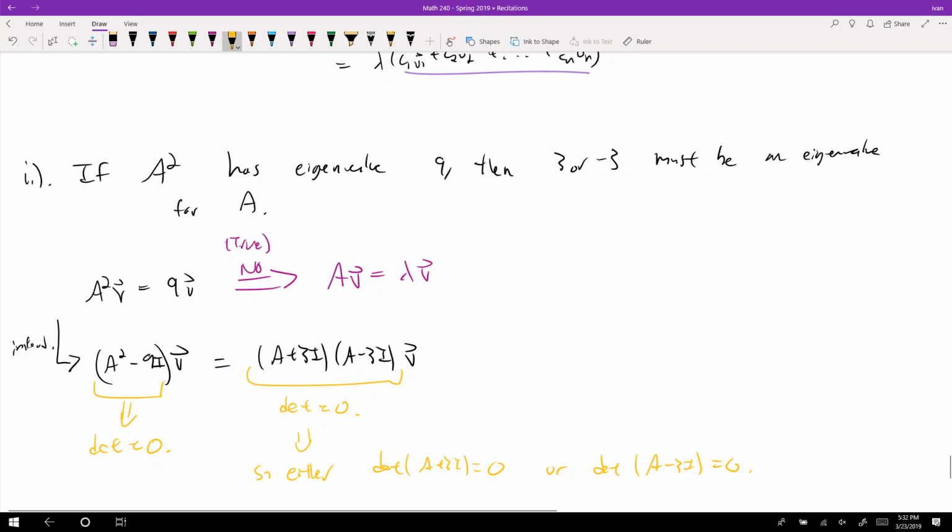And if that's the case, then you know that you have an eigenvalue of 3. Okay, so that's the way we wanted you to think about it. There's another way online where we actually consider the V, and then we do some things there, but that's one way to think about it. And that's more of the correct way, without assuming that V is an eigenvector. Okay, let's move on to